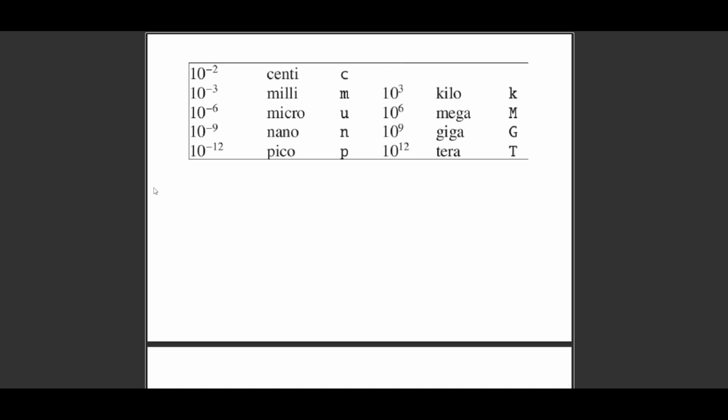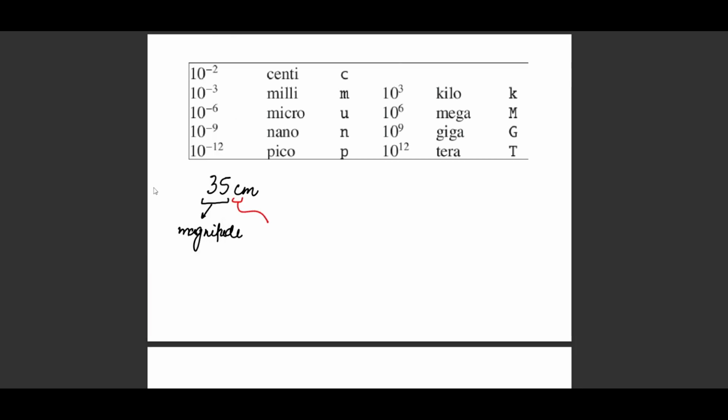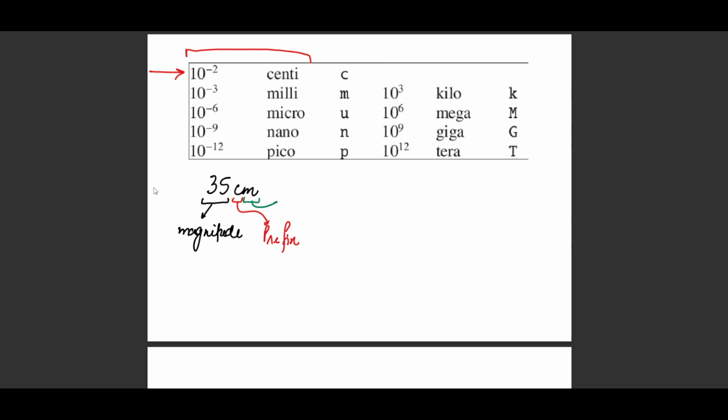Now, for example, if I write down that a unit of, for example, the length of an object, let's say, is 35 centimeters. Now, these numbers will be considered as the magnitude of that number. And the second letter that you usually see is actually the prefix that you can find in this table as well. Over here, you can see this value. And the last letter that is represented is actually the SI unit,